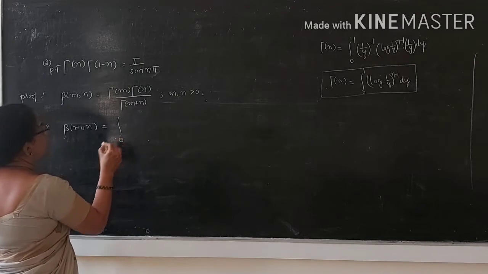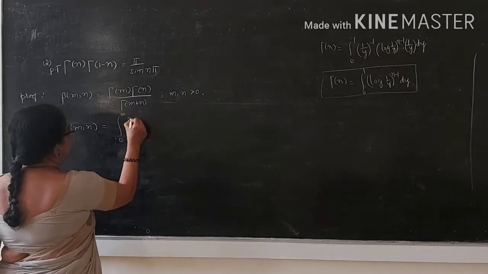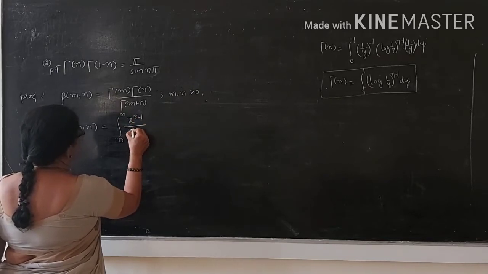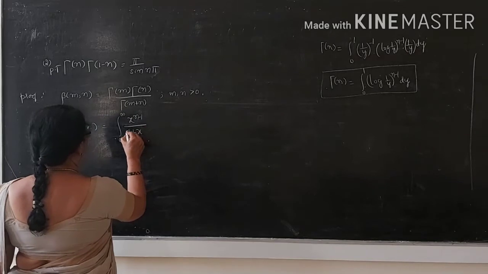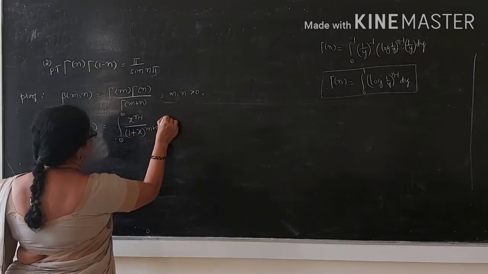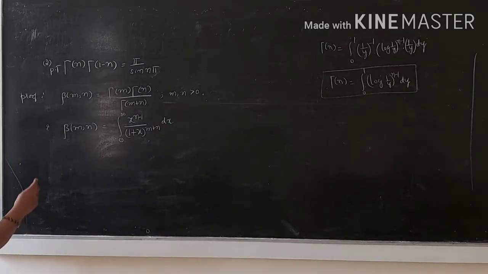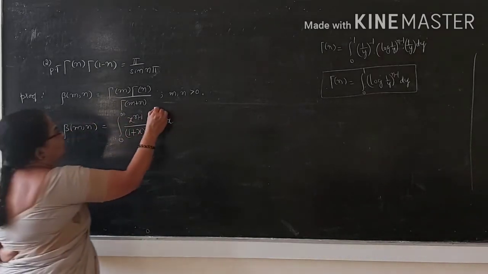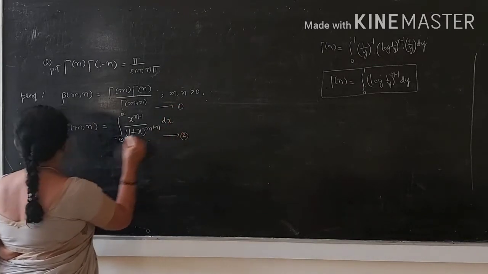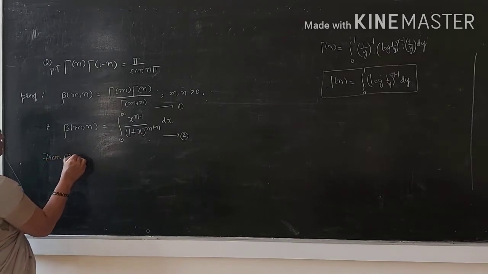What is that? Integral 0 to infinity x to the power of m minus 1 over (1 plus x) to the power of m plus n into dx. Okay? Therefore, if you call this result as result number 1 and this as result number 2, from results 1 and 2,